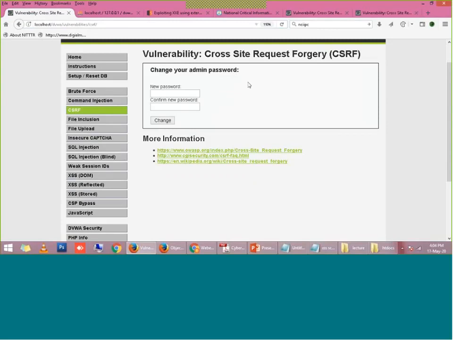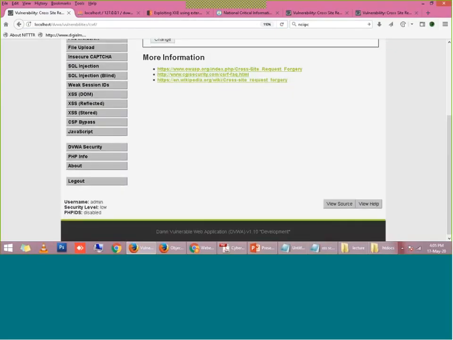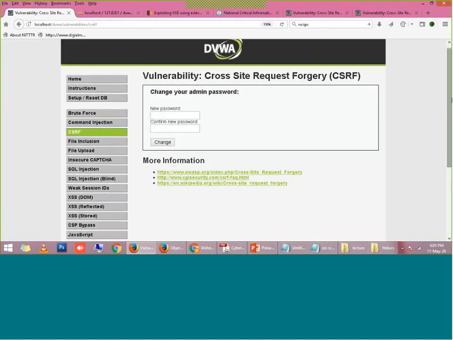So what will happen as soon as the victim logs in? As soon as the victim logs in to their secured area, that is, after login, I am inside the secured area. Suppose you have logged into your online sbi.co.in.